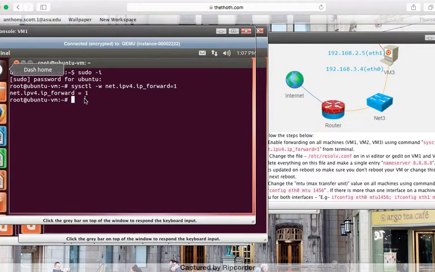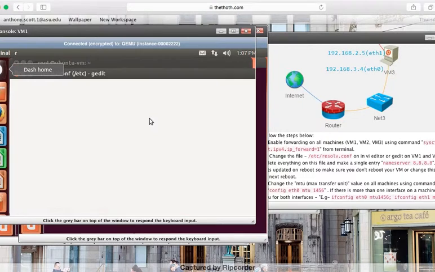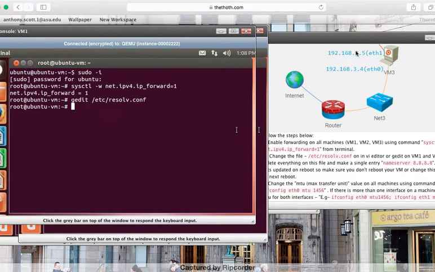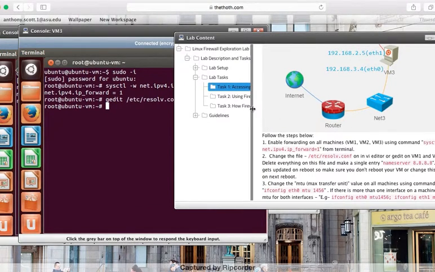I will use VM1. I will do the same. I will change this to 8.8.8.8. Following on through the next step,